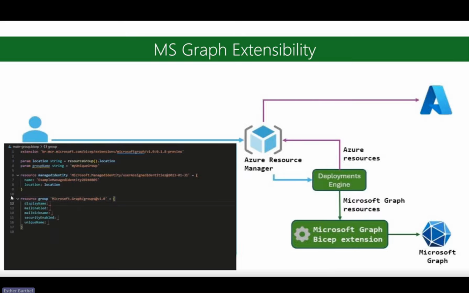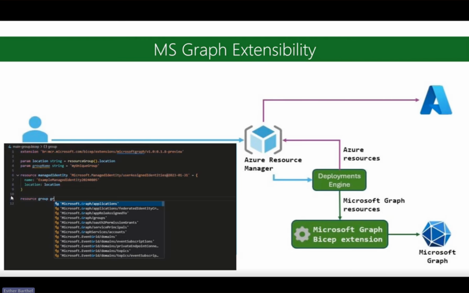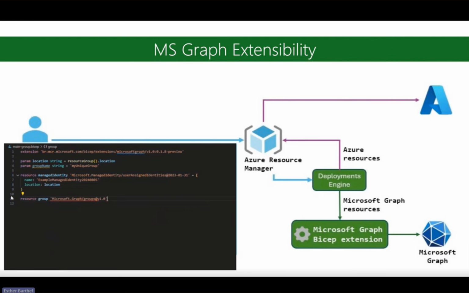They were exploring ways to also use Bicep to not just deploy in Azure, but to also check with the Graph engine, allowing you to deploy resources within Microsoft 365. And in this case, it's mostly focused on Entra and Entra IDs for users and groups.